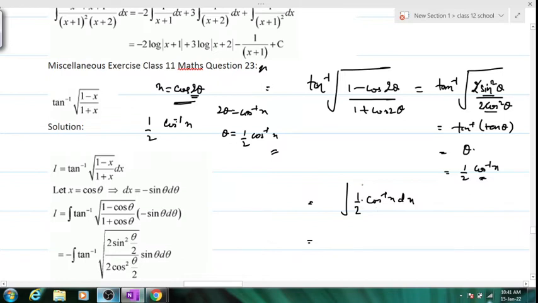So half is already here, so you'll treat this half as this quantity. Elsewise, now you can do one thing: take half common out. Just avoid confusion. Okay. Now we'll use by parts. Yes or no? Kindly do it using by parts in your own way. I hope many of you have done already by parts. I don't think big issue will be here solving this. Elsewise, you can do it directly, or you can assume this as t and then do it. But if you assume t, you can do it that way also. Elsewise, you can take it 1 into this, so I LT. So cos inverse x will come out here.